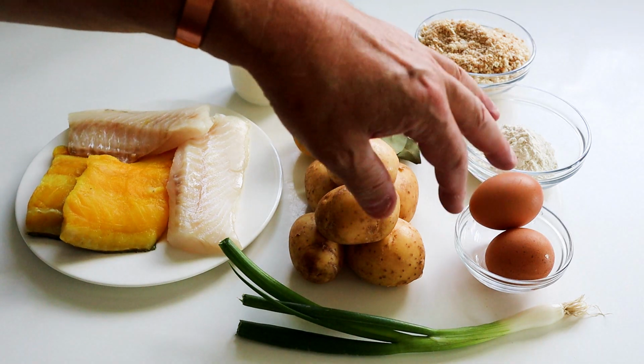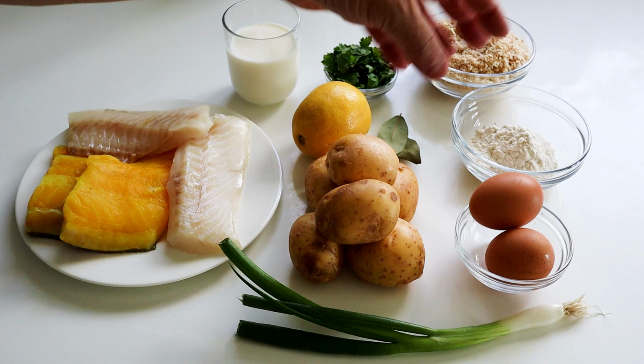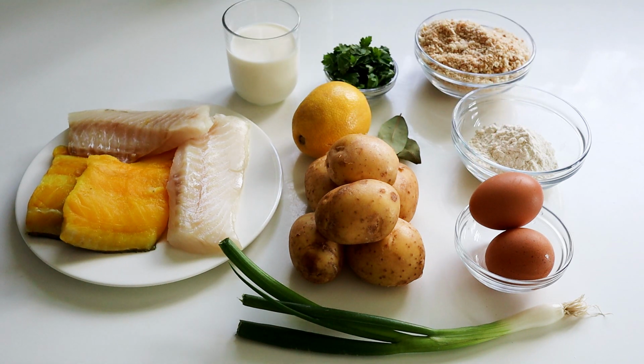Couple of eggs. Now I'm going to beat those. The reason we've got the eggs is because once we've made up the fish cakes, the patties if you like, we can dip them in flour, then we dip them in the egg, and then we put them on the breadcrumbs, and the breadcrumbs all stick to the egg. Then you can put them either in the oven or you can fry them up as I am, and you get nice crispy looking outside, delicious fish cakes, and they taste wonderful on the inside. So apart from a little bit of salt and pepper seasoning to taste, and a little bit of oil,